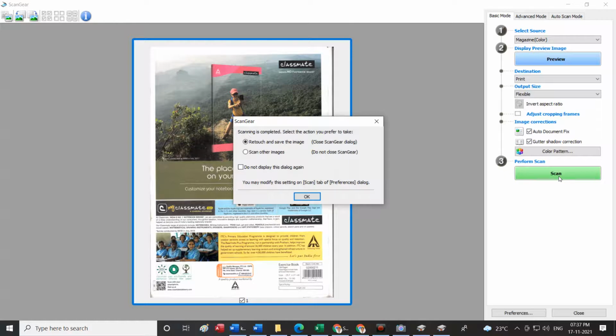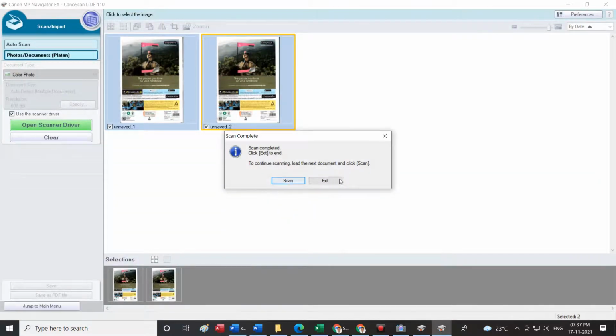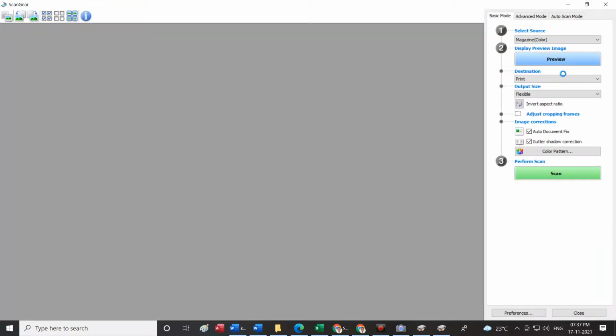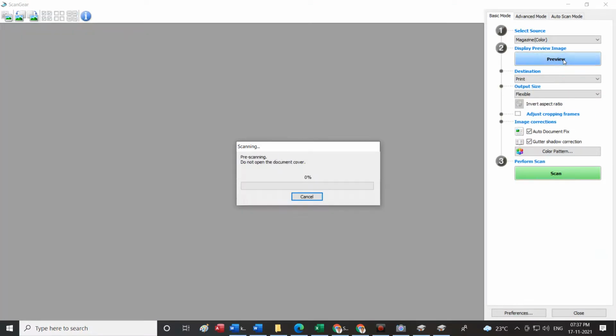Okay, now that this is done, I'll open another card. We can insert as many ID cards, visiting cards, PAN card, Aadhaar card. I will again go for preview. I'll go for open scanner driver. I'll say preview. Now I've inserted identity cards just to give an idea of how an ID card can be scanned.